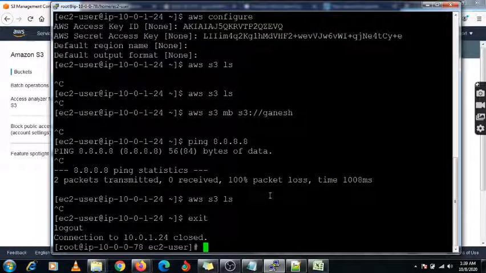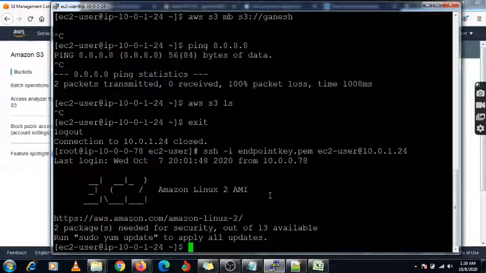I am going to exit from this server and log in again. Here it is logged in under this network. Here I need to use a command, that is sudo su.